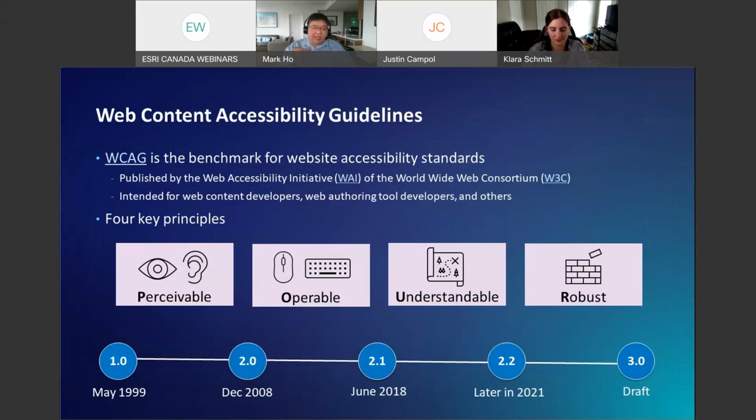So what is the thrust, or the main foundation of web accessibility? Well, it's through the Web Content Accessibility Guidelines, affectionately known as WCAG. This was built by the World Wide Web Consortium, or the W3C, through their Web Accessibility Initiative. It's designed for a number of different purposes. It's designed for software developers like Esri to be able to build web authoring tools that are WCAG compliant, but